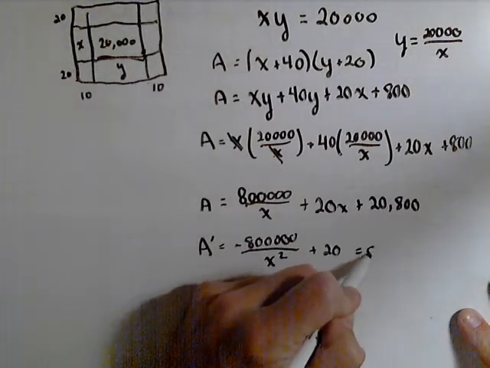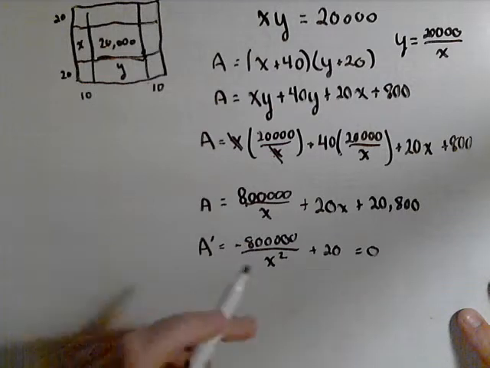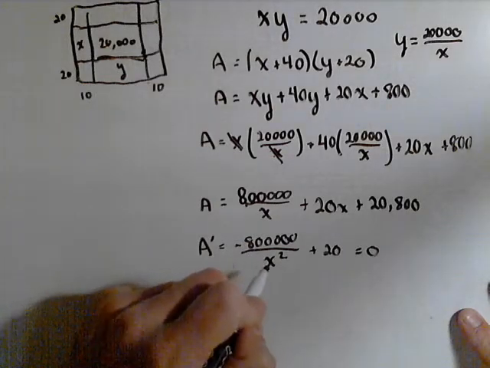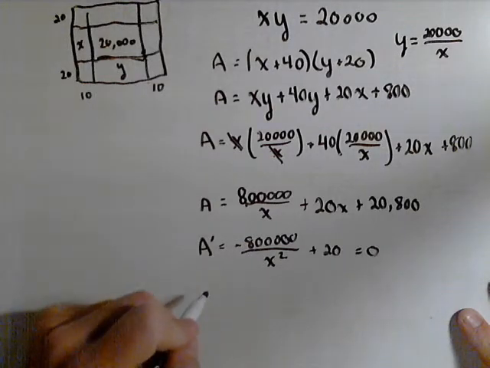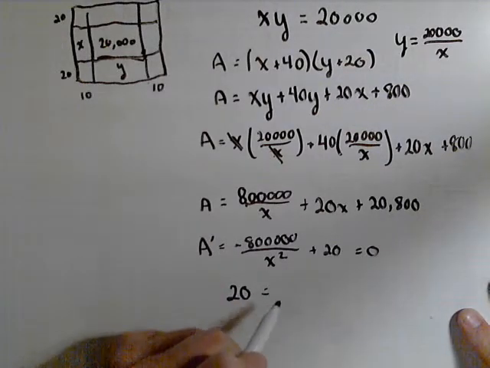So checking for critical points, I'm going to set this to 0. And what I'm going to do is add 800,000 over x squared to both sides. So I'm going to end up with 20 equals